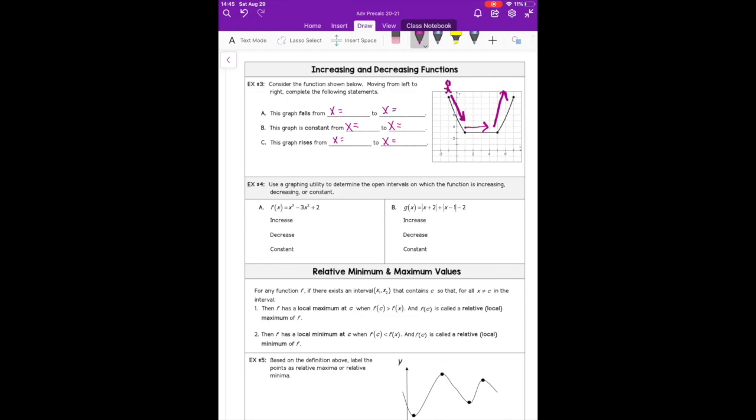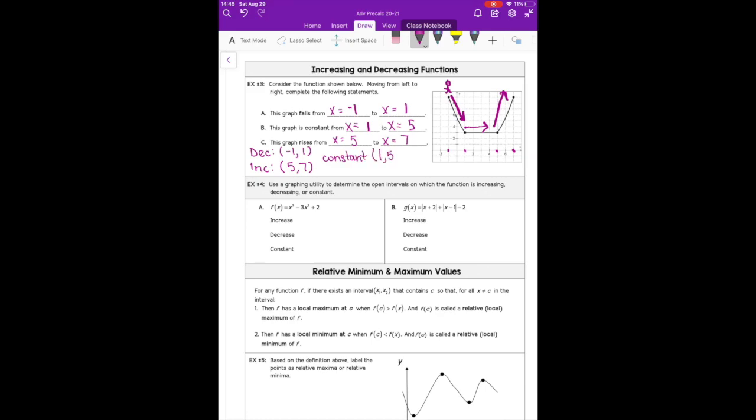So we are falling from -1 to 1. From 1 to 5, we are remaining the same. And from 5 to 7, we are increasing. Notice I did not give any y values, only the x values of where the points are happening. So that means I would write that this function is decreasing from -1 to 1. It is increasing from 5 to 7, and it is constant